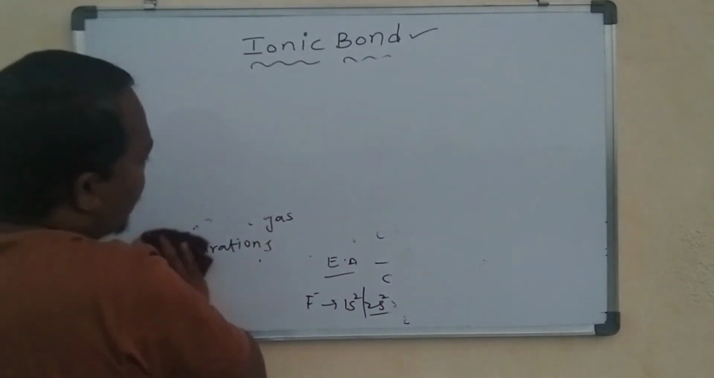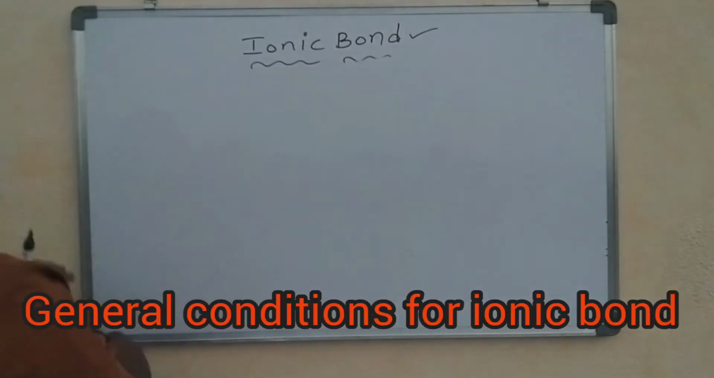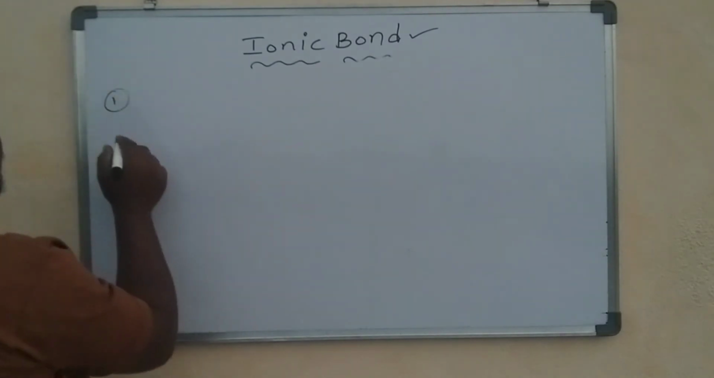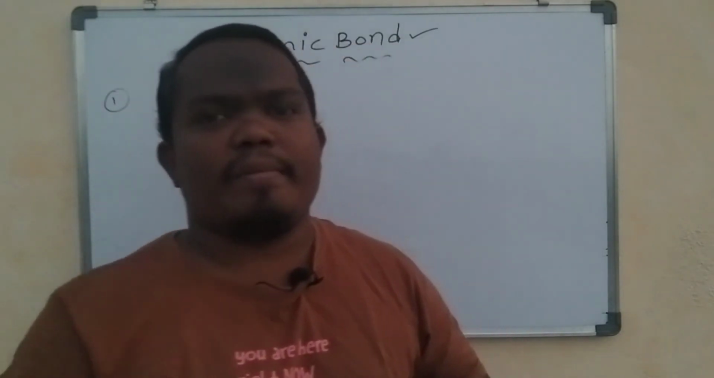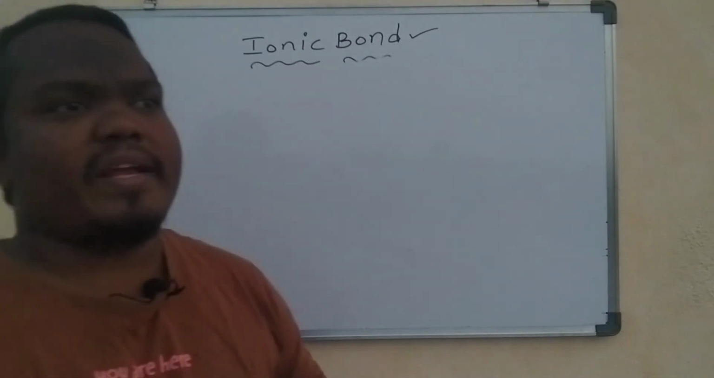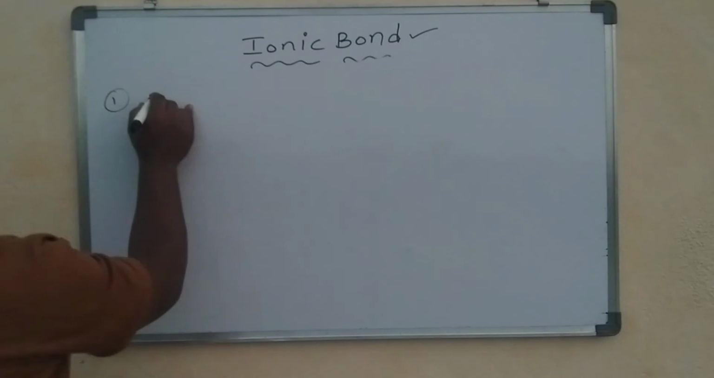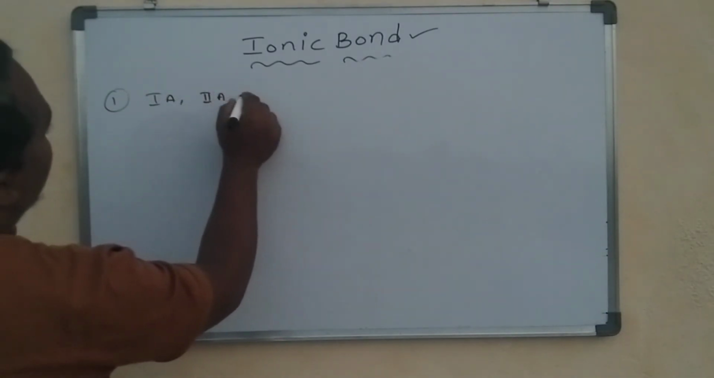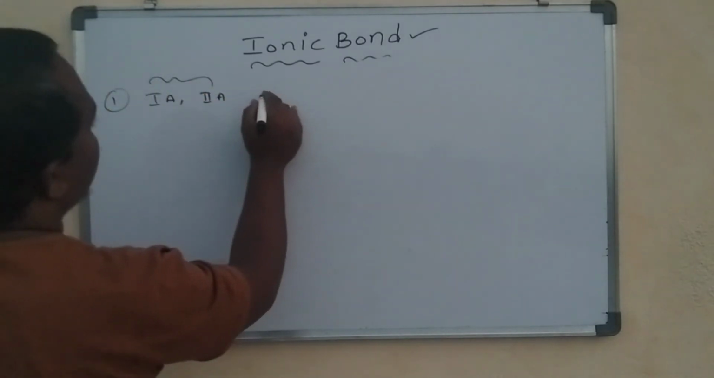So these are favorable conditions for cation and anion, and let me go with the general favorable conditions. Generally, for an ionic bond to form, there should be a metal atom and a non-metal atom, and electron transfer should be done by the metal atom to the non-metal atom. So generally the ionic bond is formed between the 1A and 2A, and these are called S block elements,